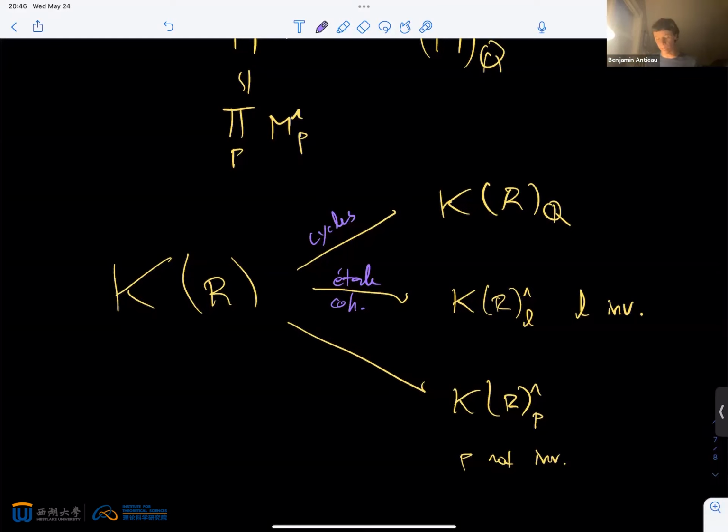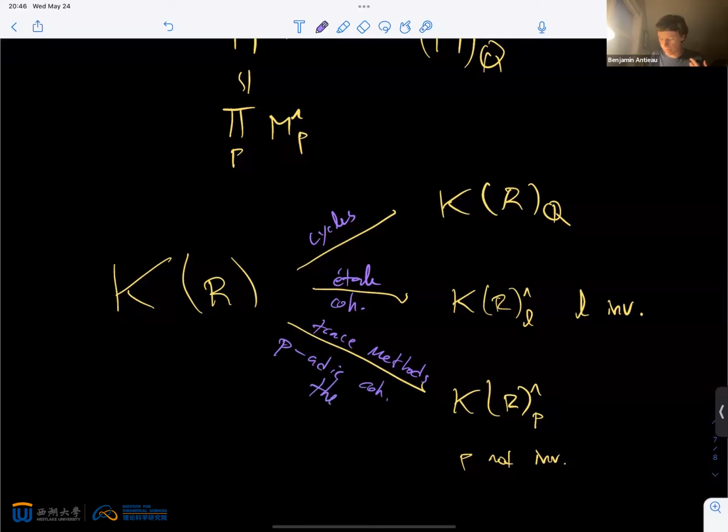That leaves the p-adic part, and the p-adic part has perhaps been the most mysterious up to now, but let me just say that this has to do with trace methods and p-adic cohomology theories. And we're in the early days of this, again, maybe not so early, but one of the nice things, so étale